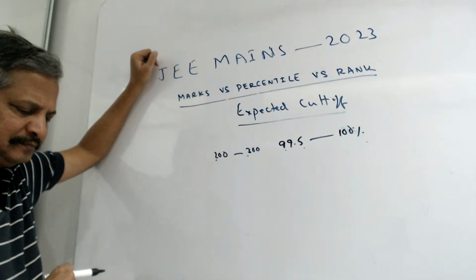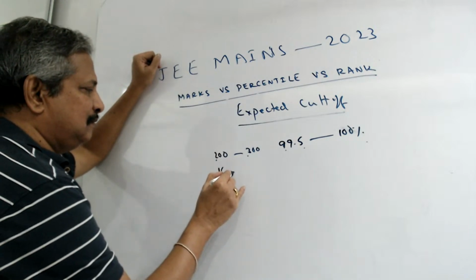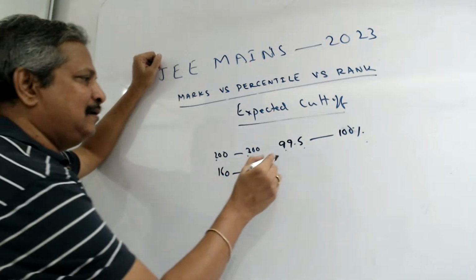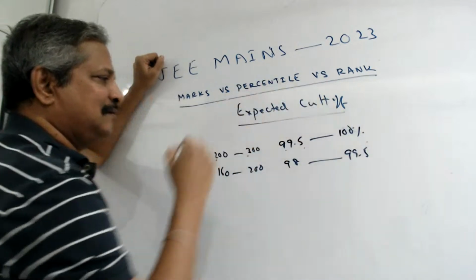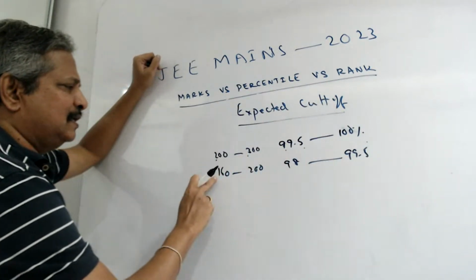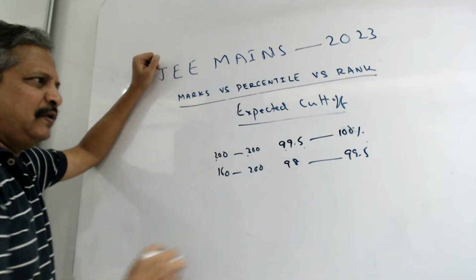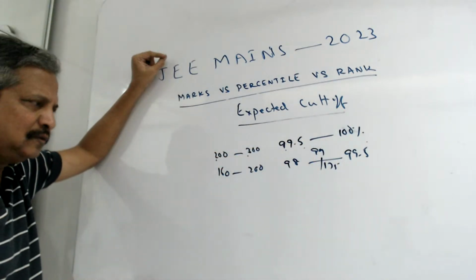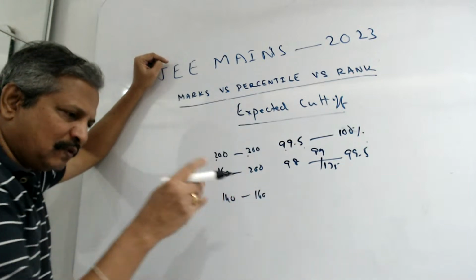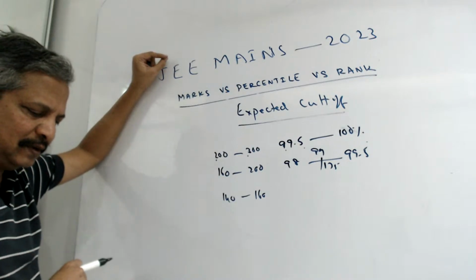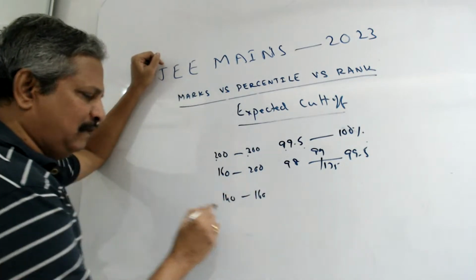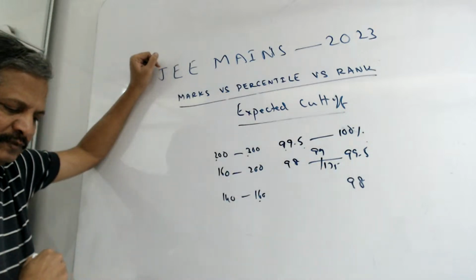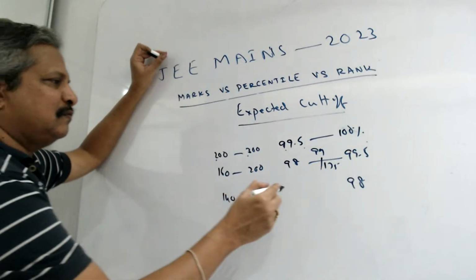Next point, if it is 160 to 200 marks, then 98 to 99.5 percentile. 200 marks is 99.5, whereas 160 marks is 98. If you want 99%, it is around 175 marks. So next, if we take 140 to 160 marks, 160 is 98%, whereas this will be around